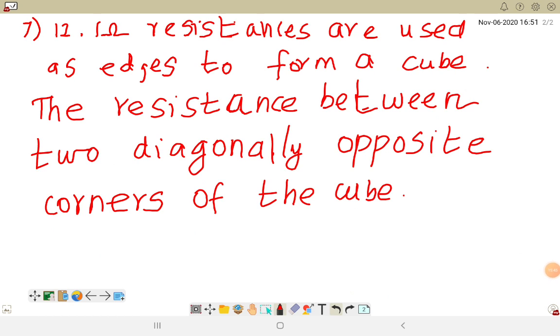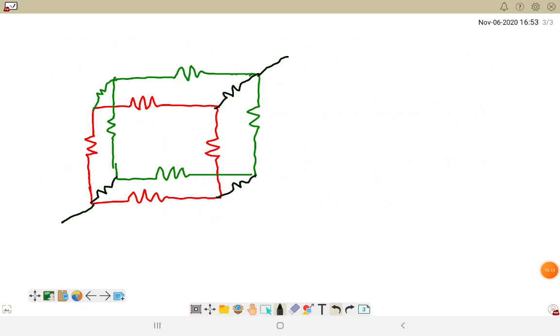Next problem, problem number 7. 12 1 ohm resistances are used as edges to form a cube. Find the resistance between two diagonally opposite corners of the cube. So first of all, what I have to do, I am going to draw the cube. So see, this is the diagram of cube. Here this is the diagonally opposite sides of the cube. First of all, these opposite sides I have to connect the